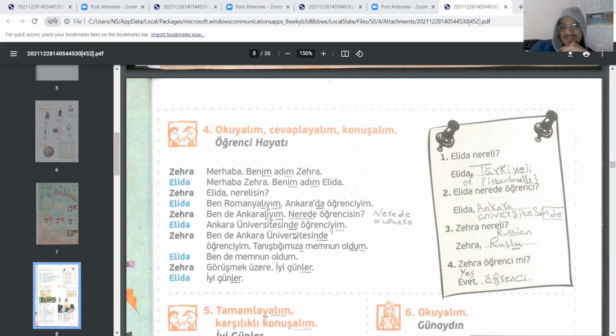Ankara Üniversitesi'nde, like I said before, Ankara Üniversitesi. But here the NDE, we will talk about it in the next lectures, because it's not proper yet to give it now. Ankara Üniversitesi'nde öğrenciyim. But let me talk shortly about it. Ankara Üniversitesi, we know what that means. That means Ankara